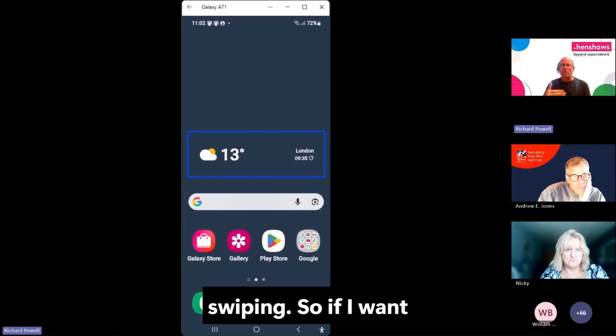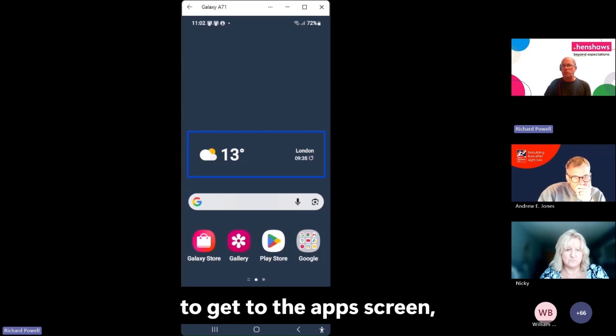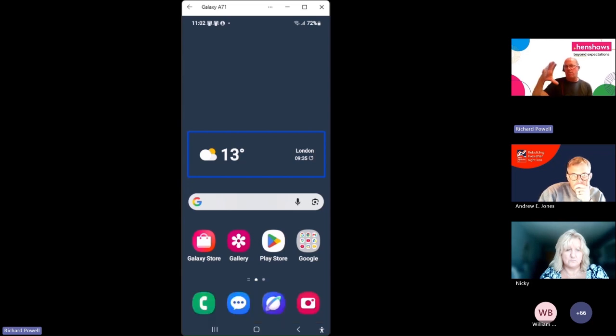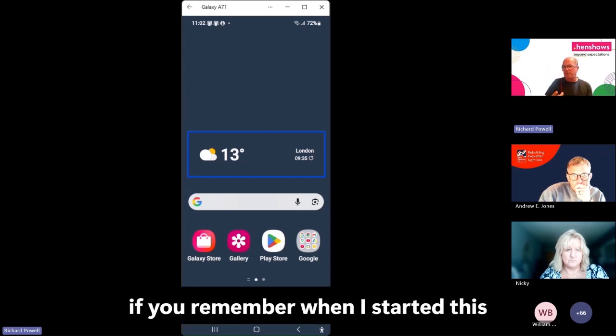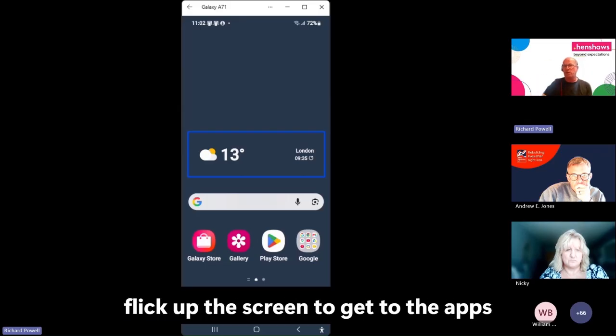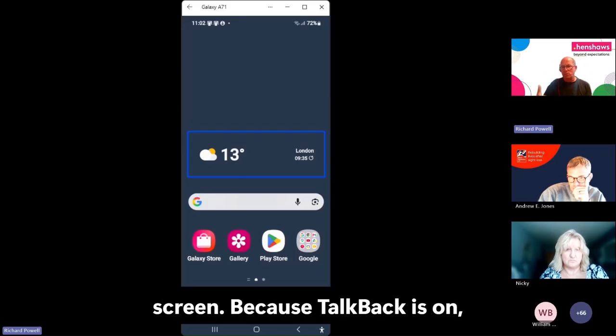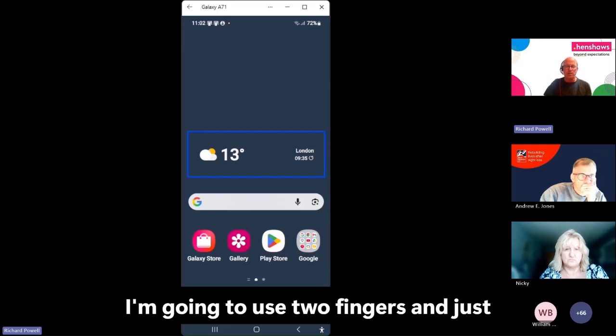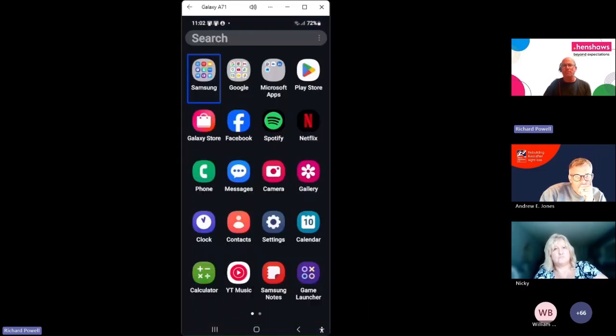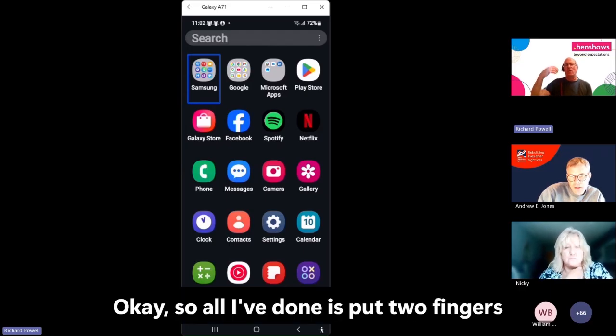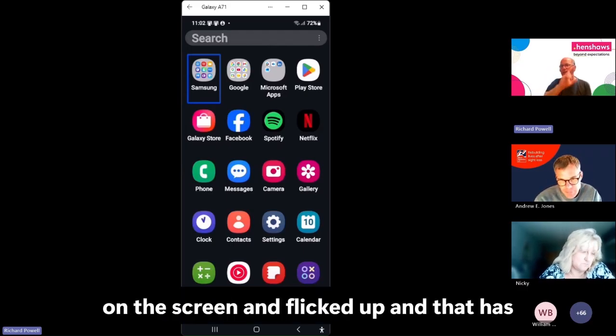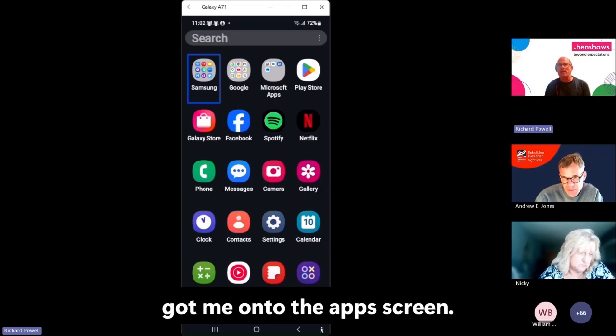So if I want to get to the apps screen, if you remember when I started this demonstration, it was just one finger flick up the screen to get to the app screen. Because TalkBack is on, I'm going to use 2 fingers and just flick them. Samsung folder out of pager. Okay, so all I've done is put 2 fingers on the screen and flicked up, and that has got me